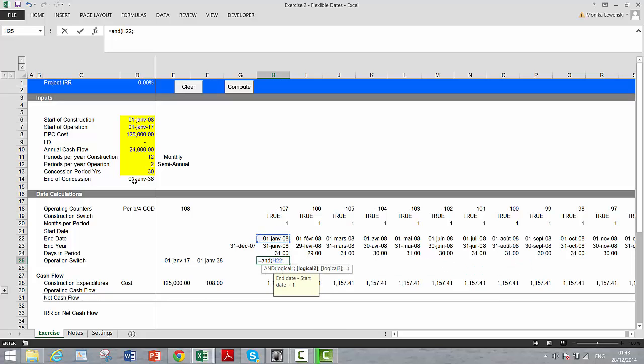That's just like we did before in the last exercise. Take that, and that's got to be greater than or equal to our start of construction. And I better press the F4 because everything from that column, and then you take that and you make it less than